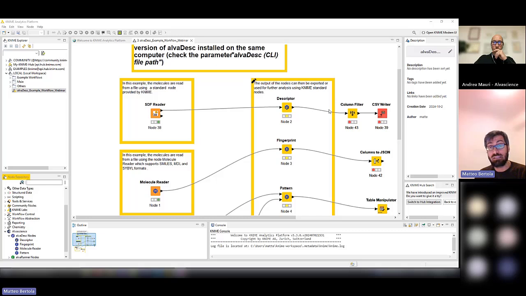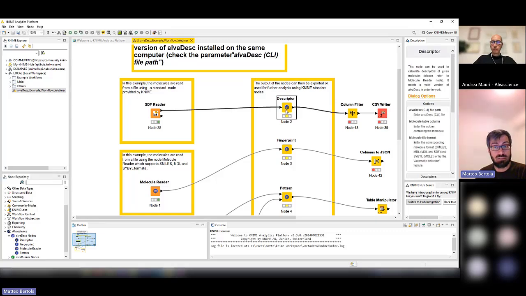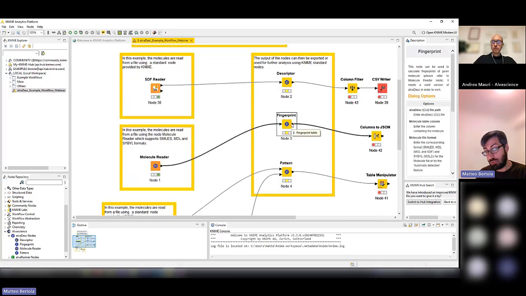The plugin is characterized by three major nodes, one called Descriptor to calculate molecular descriptors, one called Fingerprint to calculate fingerprints, and one called Pattern to calculate a structural pattern defined as SMARTS strings. Let's have a look. First, I have to tell you that all three nodes